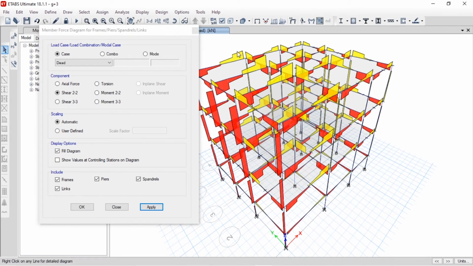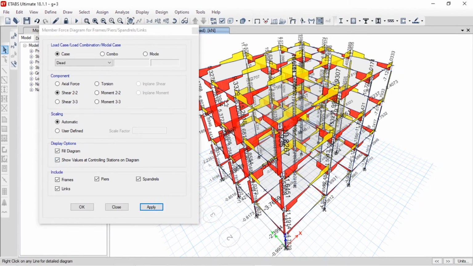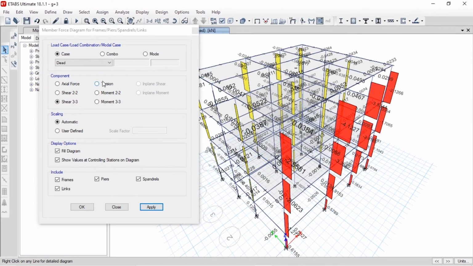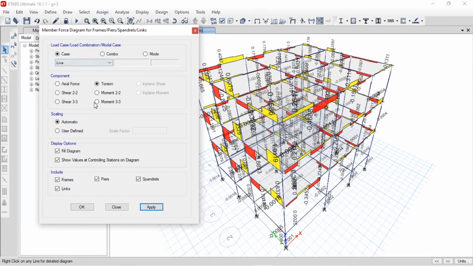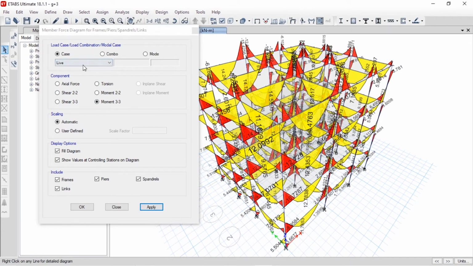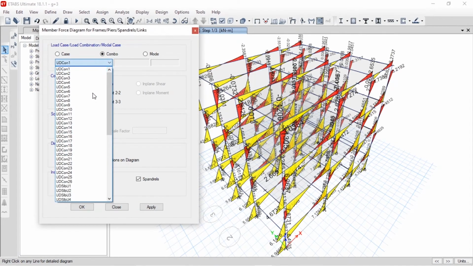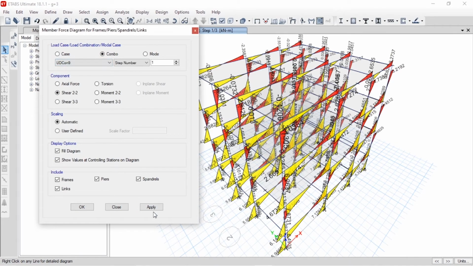If you want, you can show the values by just clicking show controlling values. All the things you can see, even the torsion for different dead load, live load, or for the earthquake load. Even for the different design combinations you can see the values.